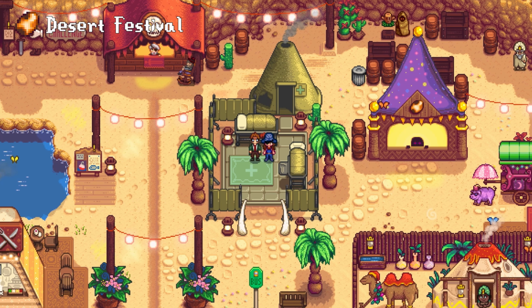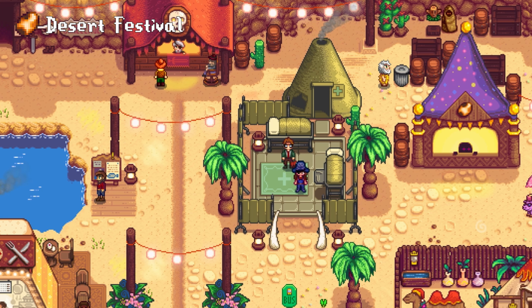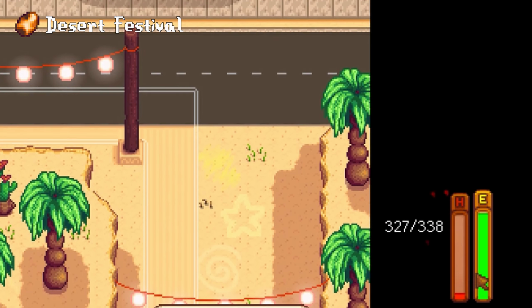During the festival, Harvey has a medical station next to the egg merchant. If you pass out while in the cave, you will wake up next to him without losing any energy or gold. Speaking of the Skull Cave,